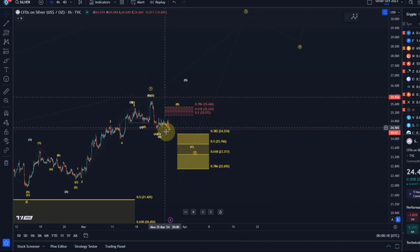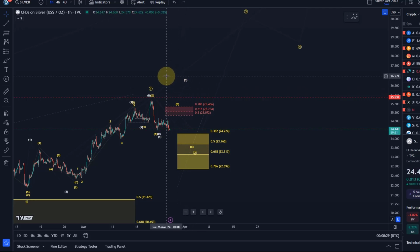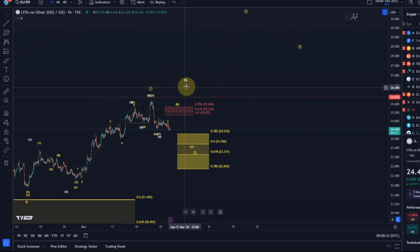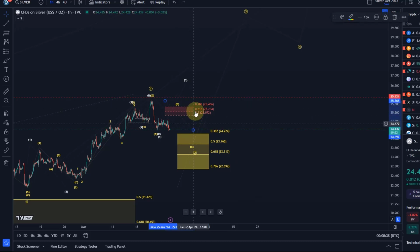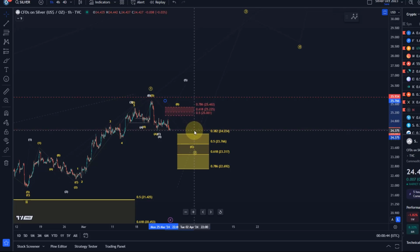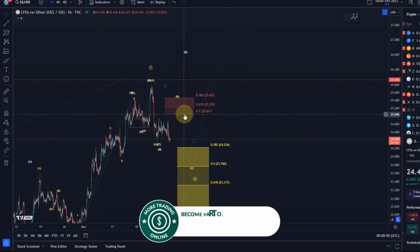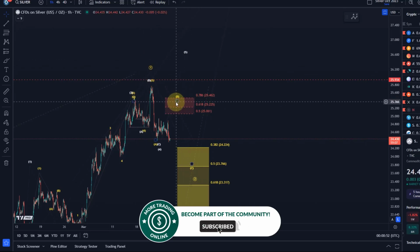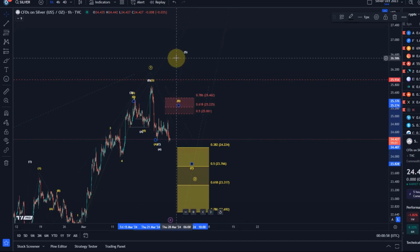Alternatively, it's possible that we get one more high. But actually, the way it's going at the moment, there is currently absolutely no evidence we get one more high. It is just the potential. I just don't want anybody to be surprised if we rally from here, form one more high, and then start the correction. Especially as long as we stay below resistance, which is in the range between $25.06 and $25.46. As long as we stay below that range, there is no evidence at all that something more directly bullish is